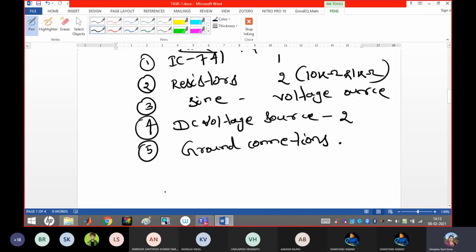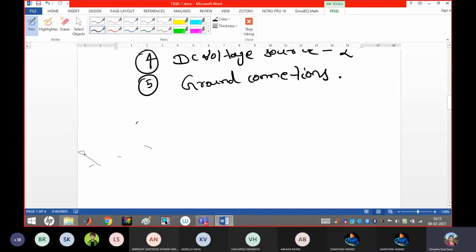If some components or parts are left behind, we may include them later. Okay, so leave 1 or 2 lines of space. Then if the list of components is done, we may better move to the first design part, the circuit design part.